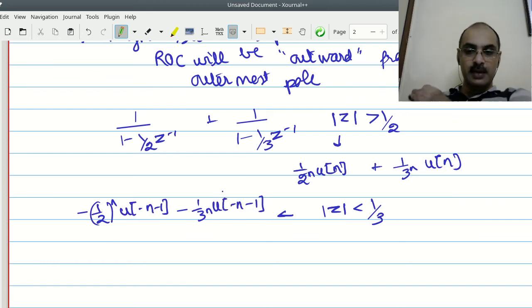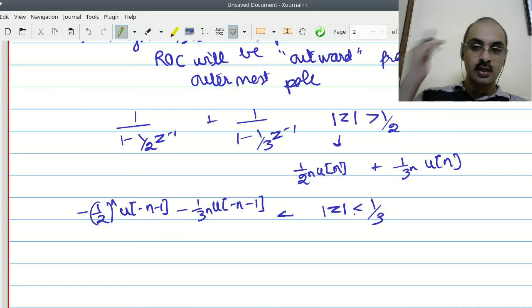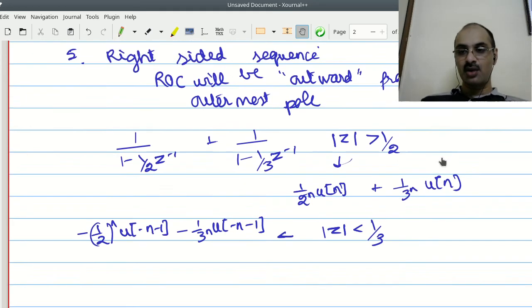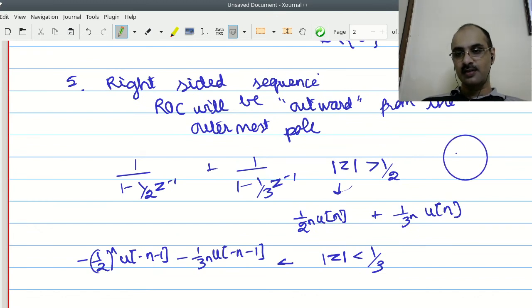Okay, if you don't believe me, you can just find the Z transform of this sequence, and you will indeed find that the region of convergence is |z| < 1/3, because only then can you add up the terms, otherwise the terms will blow up to infinity. So you can clearly see that the ROC extends outward. So if you draw a unit circle, and on the coordinate axis, let's say this is half, the ROC is this.